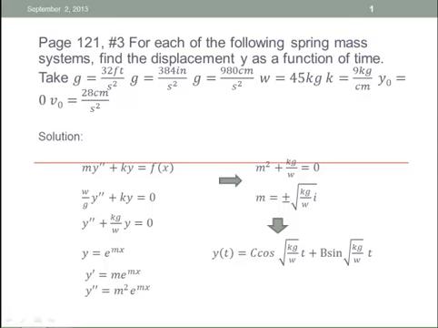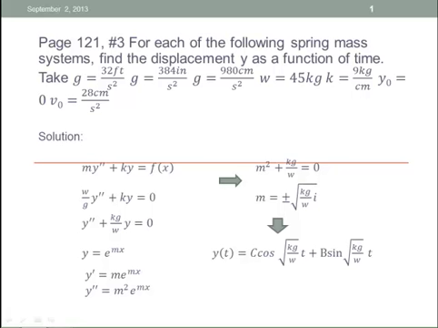In page 121, number 3, we have the problem: for each of the following spring mass systems, find the displacement y as a function of time. Take g equals 34 feet per square second, or g equals 384 inches per square second, or g equals 980 centimeters per square second, and w equals 45 kilograms, k constant equals 9 kilogram per centimeter, y naught equals 0, v naught equals 28 centimeter per